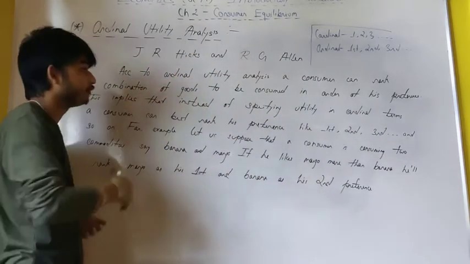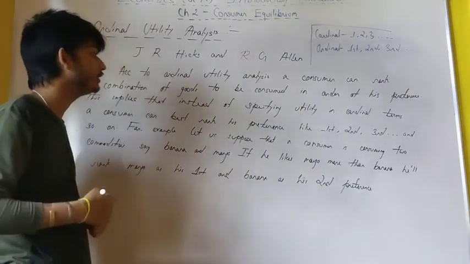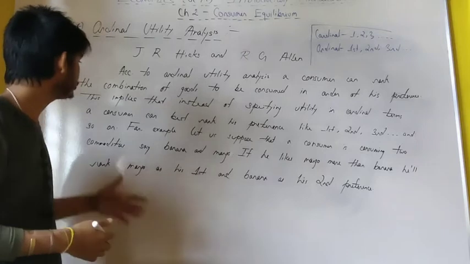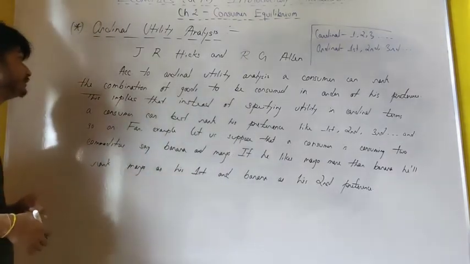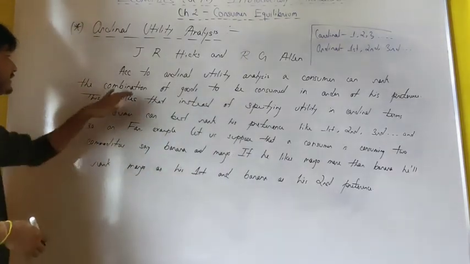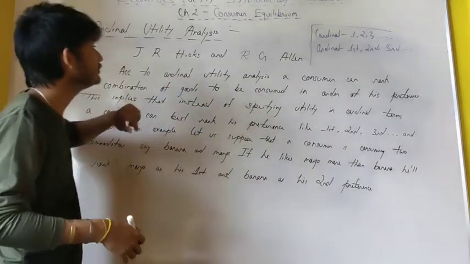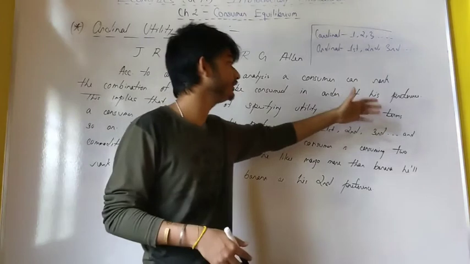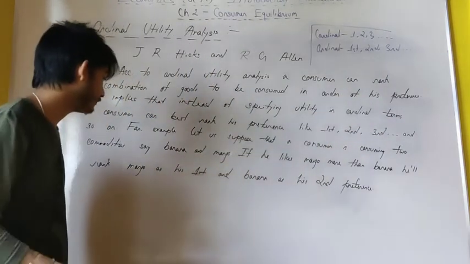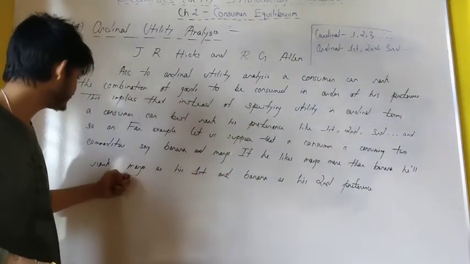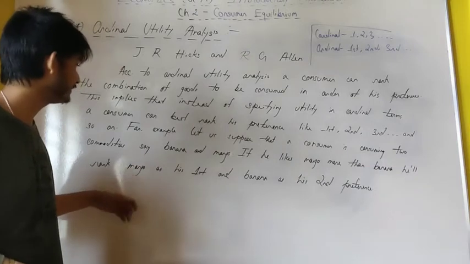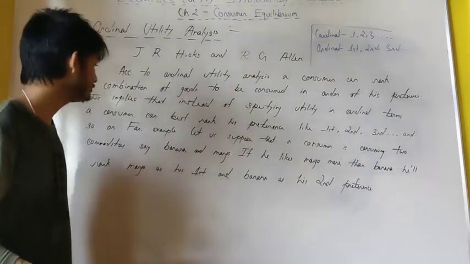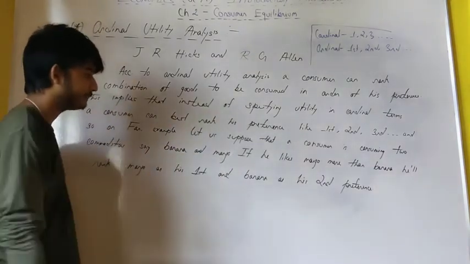Rather, it is focusing on the ranking of the commodities. So that's why this utility analysis said that the consumer can rank the combination of goods to be consumed in order of his preferences, and this is the example, like a consumer is consuming two commodities, banana and mango,